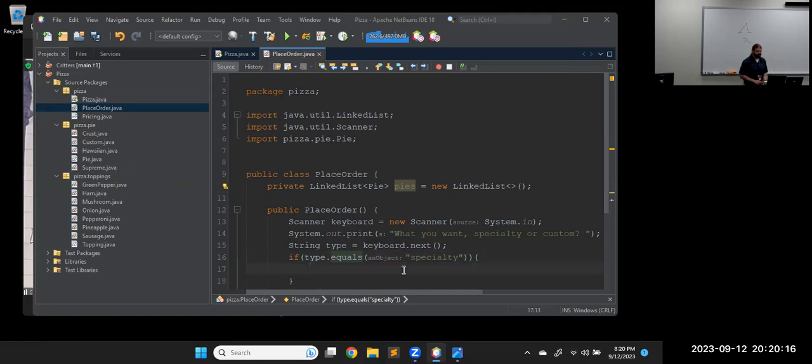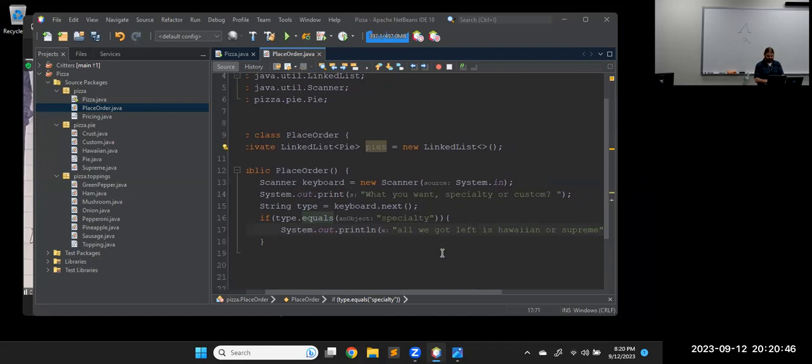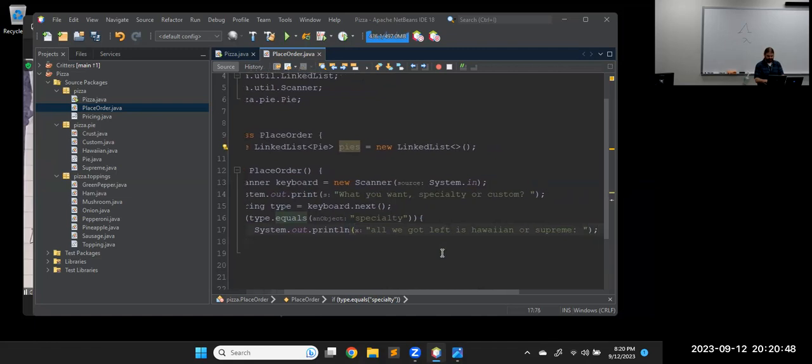probably could use some handling there. I'm just gonna make sure everything's typed in lowercase. But that part's not too difficult. If they want specialty, then we say all we've got left is Hawaiian or Supreme. And then